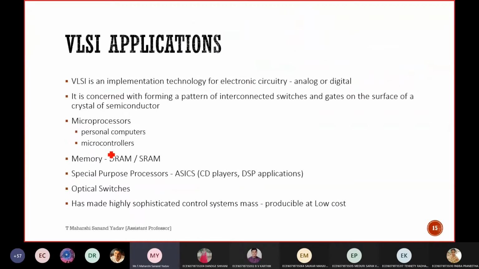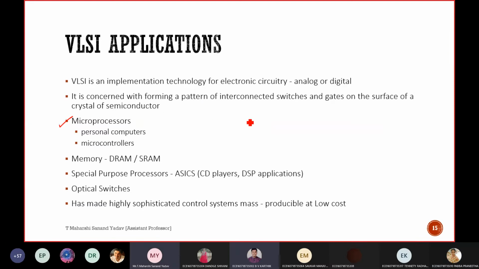And these are some of the basic applications of VLSI. I think you might have gone through this microprocessor. What is the difference between microprocessor and controller? Can you tell me now? Processor for many tasks, microcontroller for specific task. And major difference, cost is more, cost is less. Memories and input output. Microcontroller is like a small computer with memory and CPU and input-output ports, whereas microprocessor consists of only processor CPU.